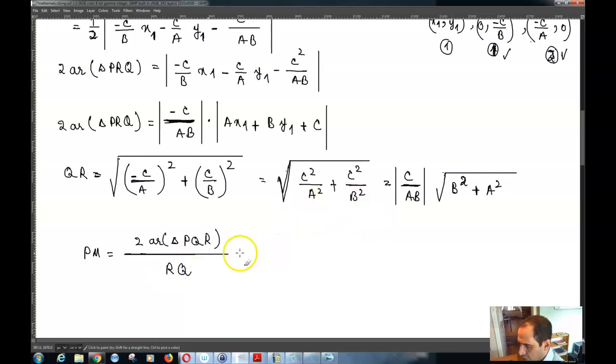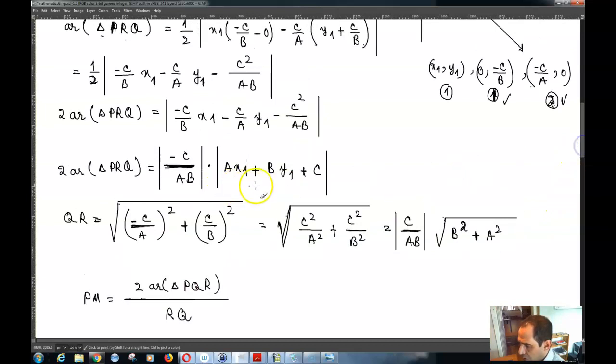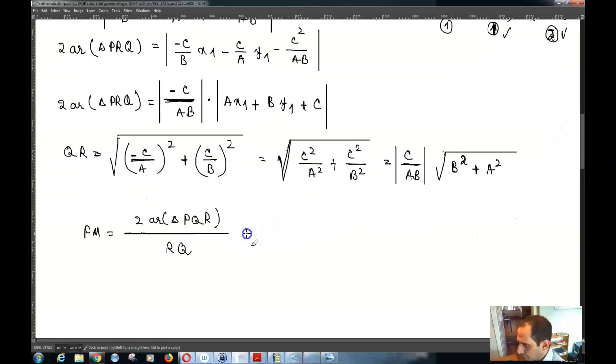Now we have calculated 2 times the area of triangle PQR, which is basically equal to this, so I can write this up here. I can write the absolute value of negative c over AB times the absolute value of Ax1 plus By1 plus C